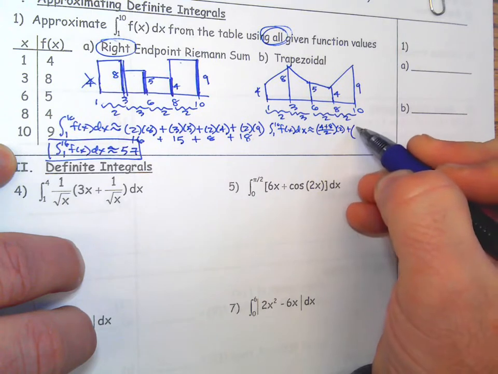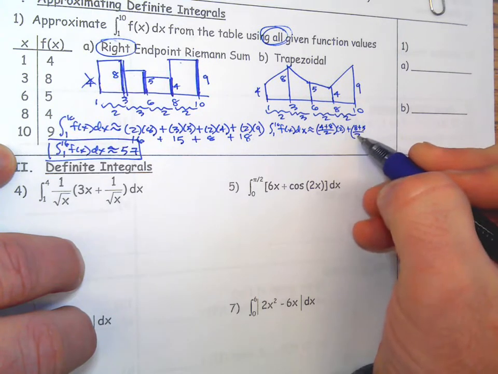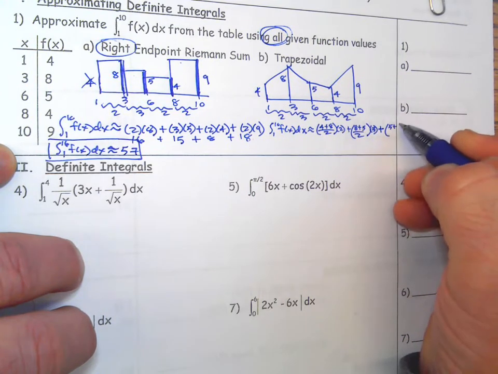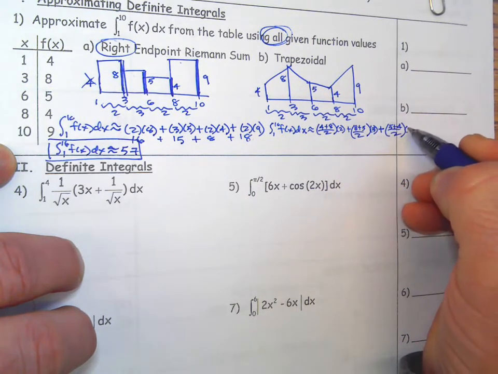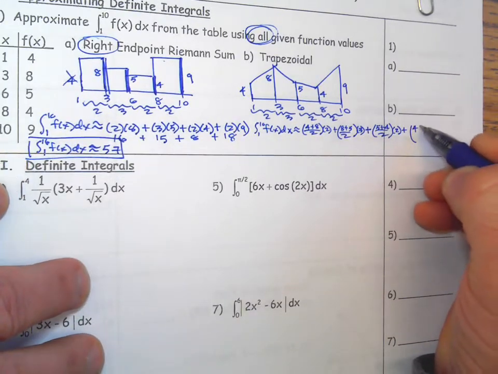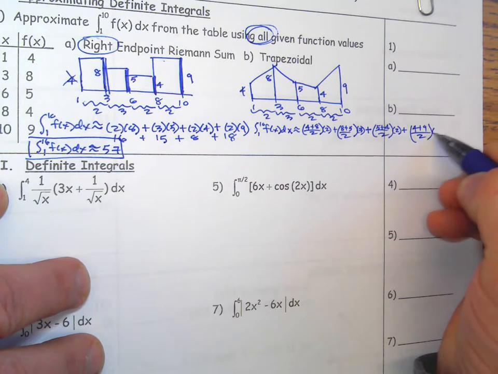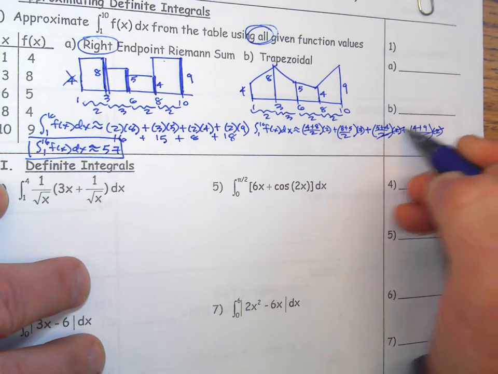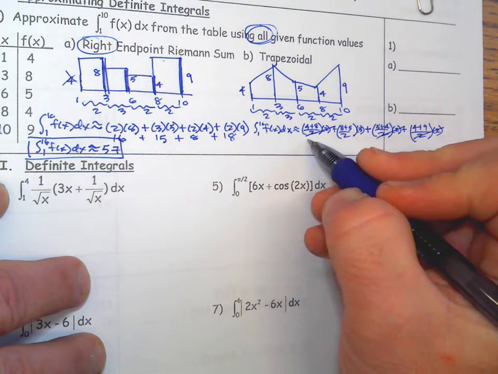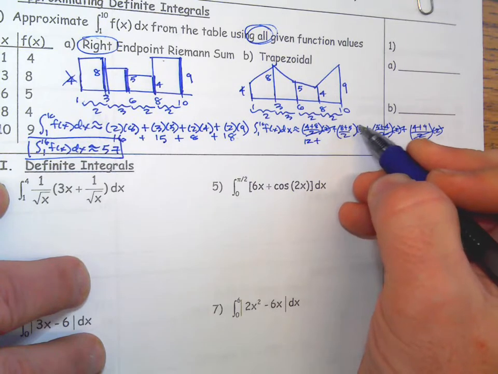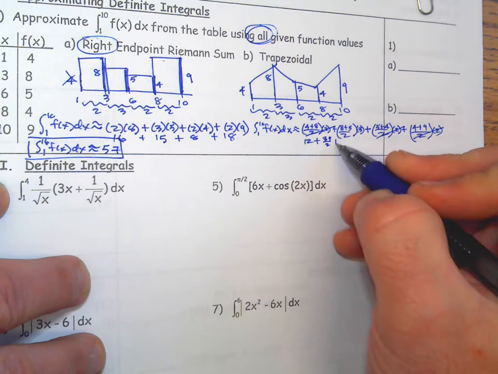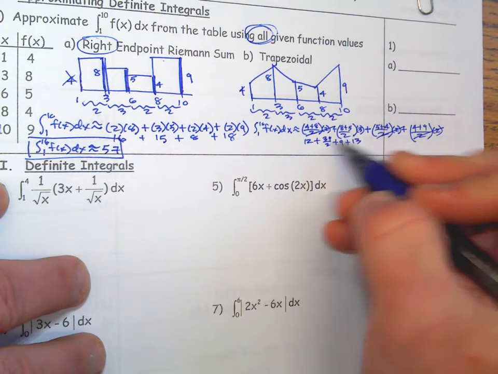Average of the bases, 8 plus 5 divided by 2 times the height. 5 plus 4 divided by 2 times the height. And 4 plus 9 divided by 2 times the height. Now these ones that are multiplied by 2 clean up real nice. This one looks a little messy, but we're going to have 12 plus 3 times 13, so that's 39 halves, plus 9 plus 13. We could change this to